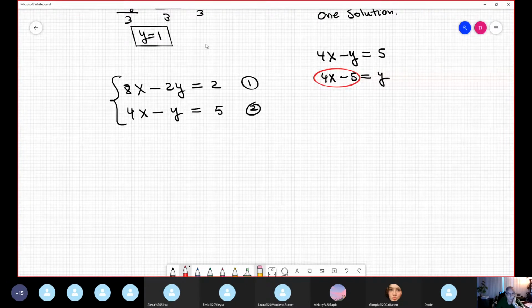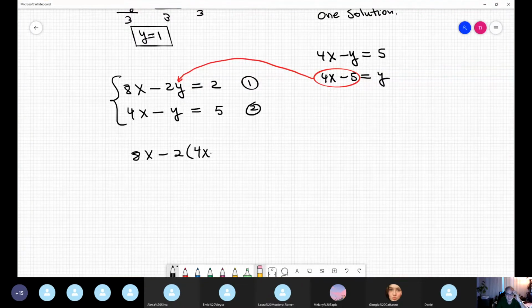Be careful: you take initially equation number 2, use substitution, and equation number 1 is over. Use substitution again in equation number 2, because you never get something otherwise. Substitute for the y over there. So my problem is so far ax minus 2 times parentheses 4x minus 5